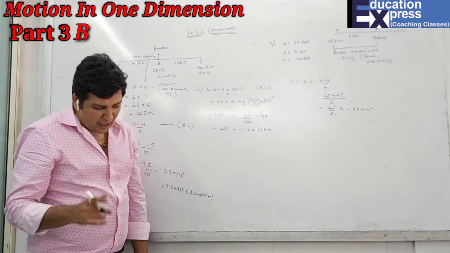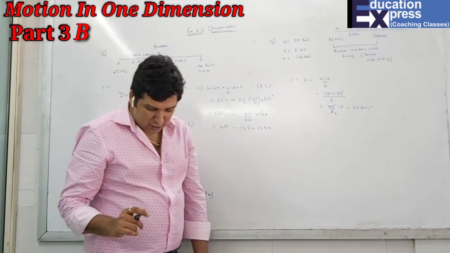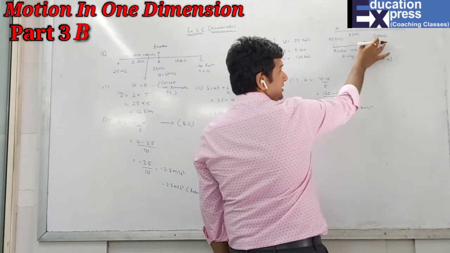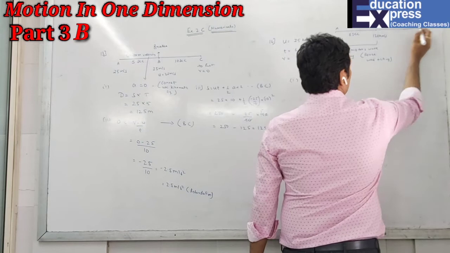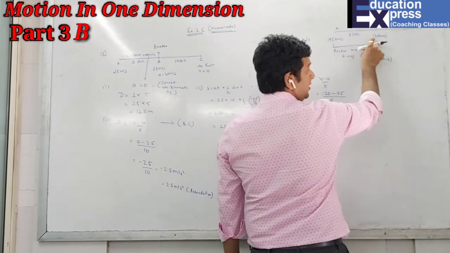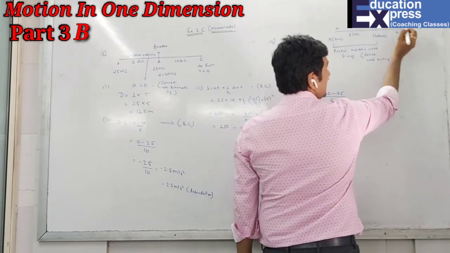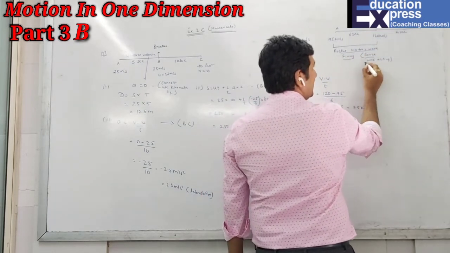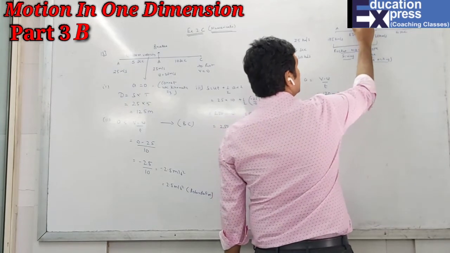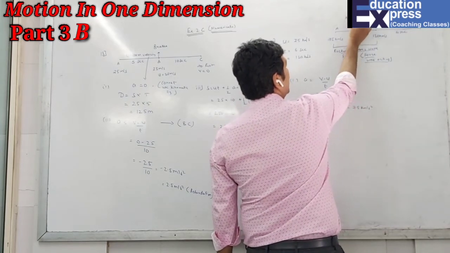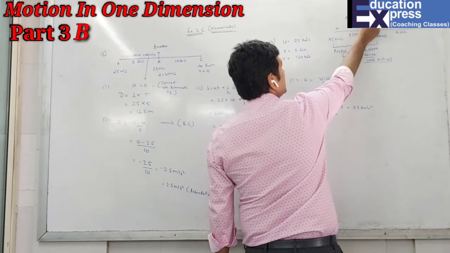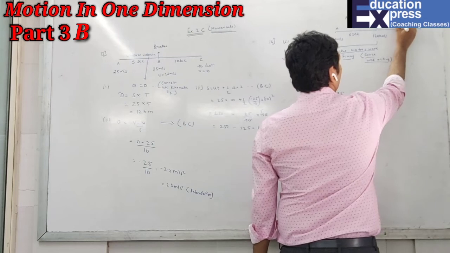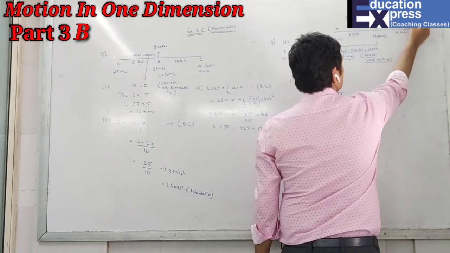The distance traveled by the spacecraft in the first 10 seconds after the rocket motors were started. The motors were in action only for 6 seconds, and they have asked us to find the distance for 10 seconds. That means 6 are already used over here. How many seconds are left? 4 seconds. As I have told you, as the rocket motors were in action for 6 seconds, this part will be said to be accelerated. Hence, I can use the kinematic equation. But after this, the body will move with uniform velocity.